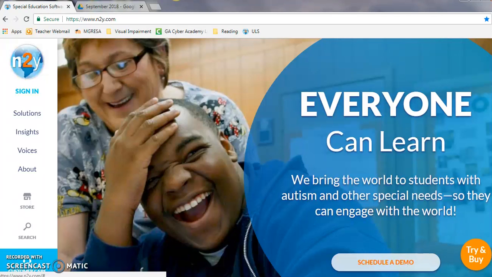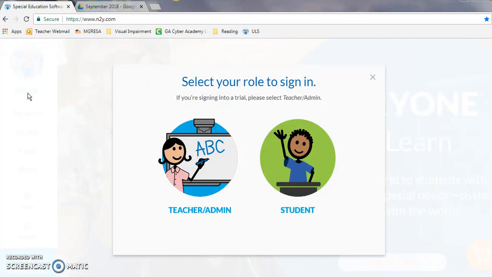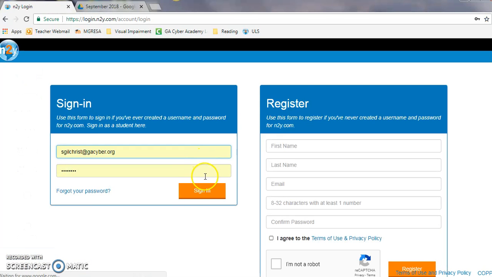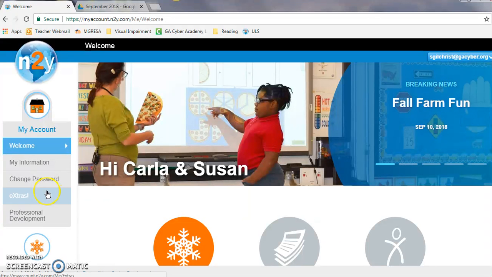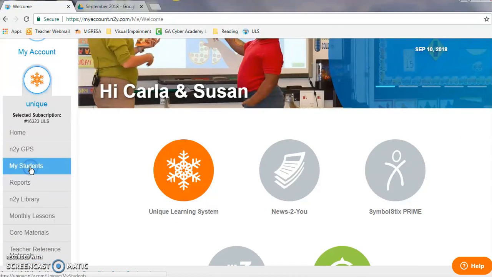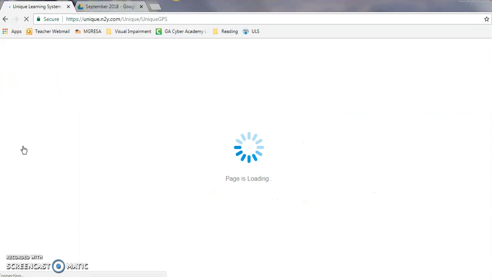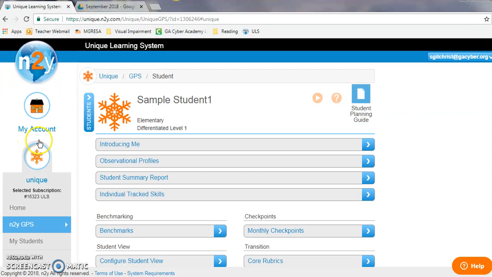Okay, today I'm going to show you how to make a Google survey or Google quiz, and we are going to do it using the monthly checkpoints for the ULS. So the first thing you have to do, of course, is sign in to the ULS, and then you're going to scroll down and go to the unique and the GPS, and then you're going to